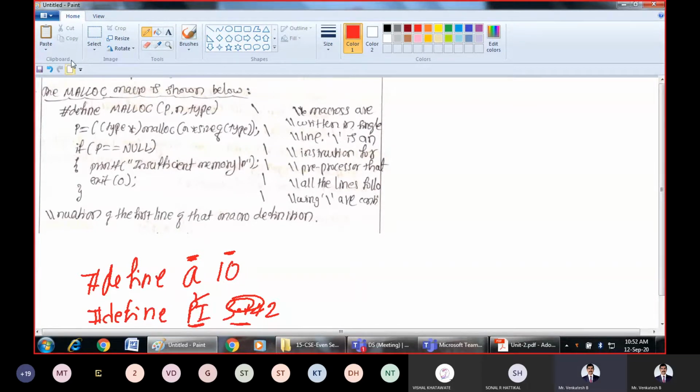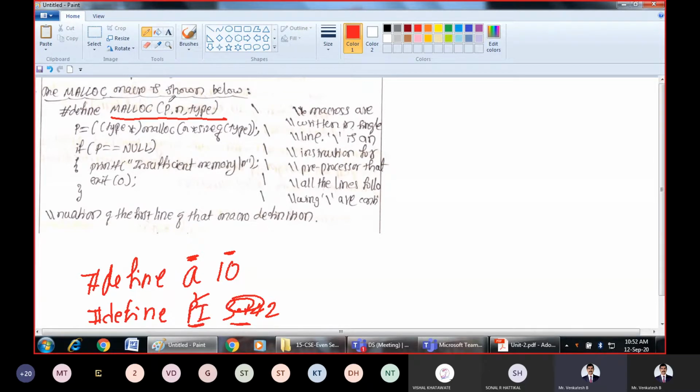In the same way, what are we trying to define here? We are trying to define one macro. So what is the meaning of that macro? The meaning of that macro is this much, the whole body. What should happen whenever you refer to that particular term during the program? For this malloc, we are giving one meaning. This is the meaning which is given for that particular macro.